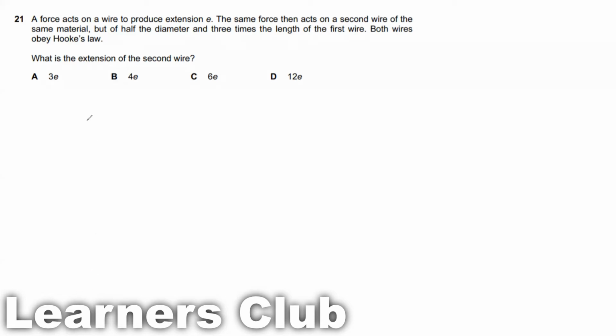So let's take wire 1 and wire 2. A force acts on a wire to produce an extension E. Let's keep that as Y1. Let me take the force as F and the extension it produces as E. The same force acts on the second wire, so it's going to be the same force. Same material. If they say same material, that means their Young's modulus is going to be the same. So same Young's modulus,